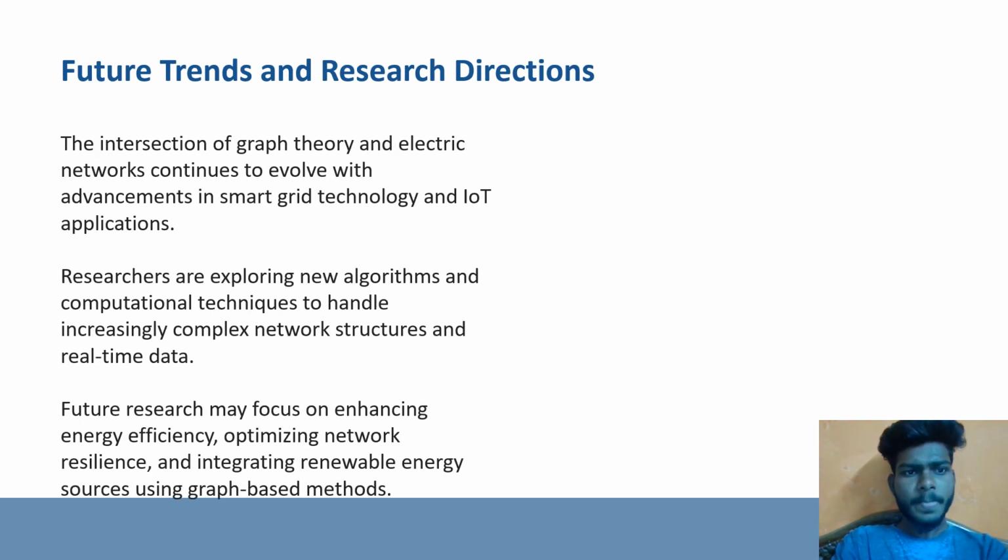Future trends and research directions. The integration of graph theory and improved network connections can enable advancement in smart grid technology and IoT applications. Researchers are exploring new algorithms and computational techniques to handle increasingly complex network structures and real-time data. Future research may focus on managing energy effectively, optimizing networks, and integrating renewable energy sources using graph-based methods. So this is about